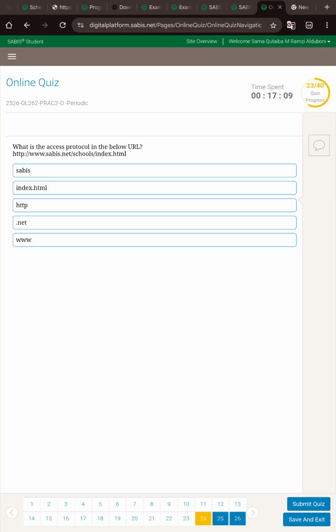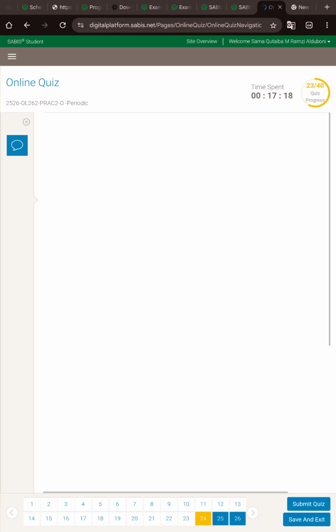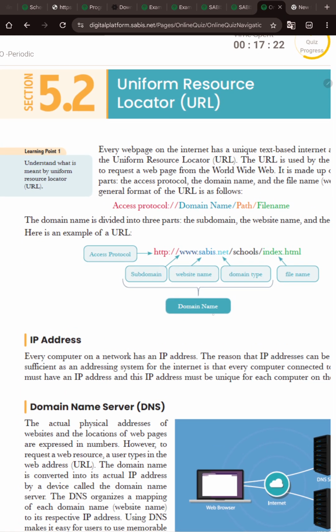Question 24. What is the access protocol in the below URL? HTTP. See, there's something you need to memorize. This is how the URL is made. This is the access protocol, HTTP, then the domain name, then /path, like with every slash there's something. So this is HTTP,